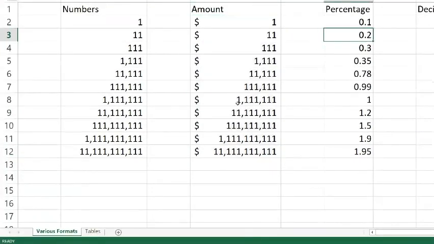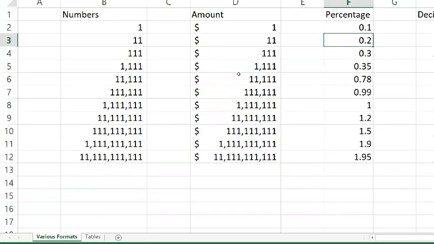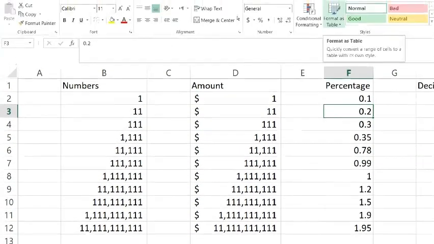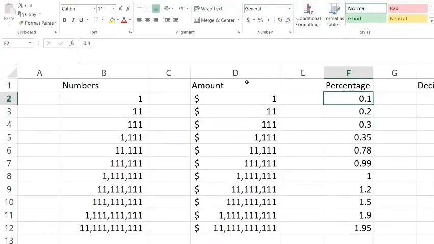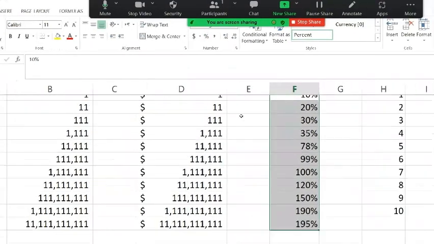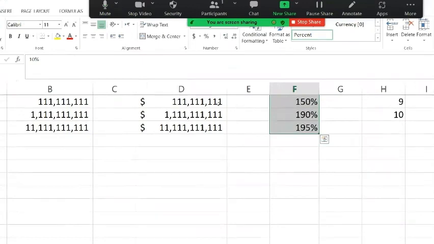Now, here you can see we have entered some numbers as decimals like 0.1, 0.2, 0.3, and so forth. If you want to change the numbers to percentage, select the number and click on the percentage sign. Here, remember one thing.